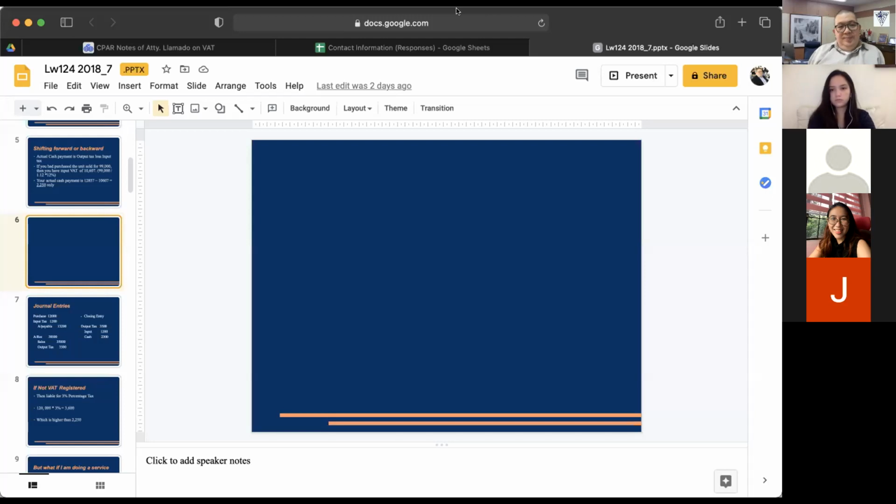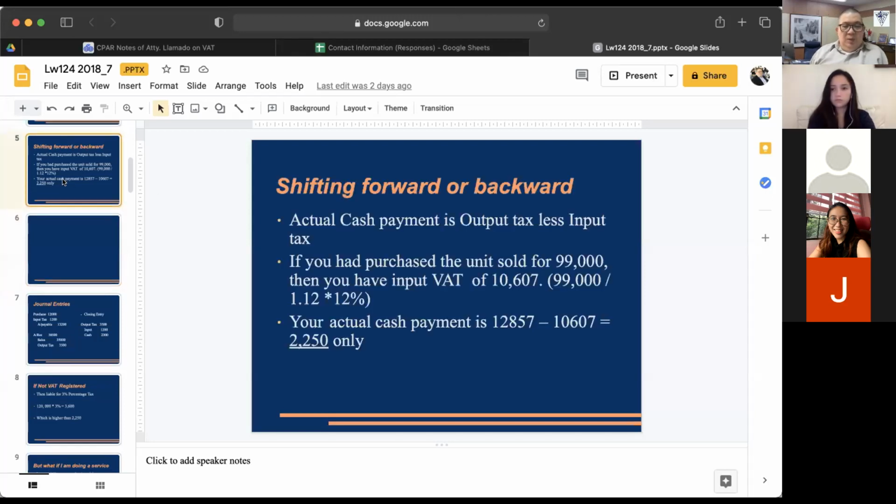Okay, good morning. So now we talk of what is this shifting forward, shifting backward. When you collect VAT, what you can do is you can pass it on to your buyer. That is why it's called shifting forward. Now, what if it's shift backward? It means that you can actually get the input tax from your suppliers and then use it to reduce your actual liability. Napansin niyo yung last time,